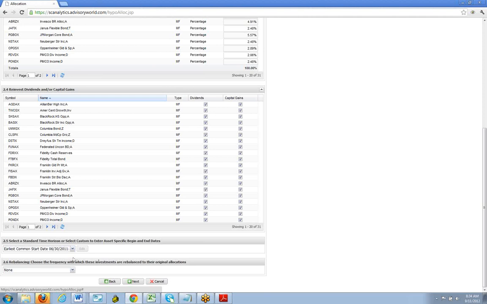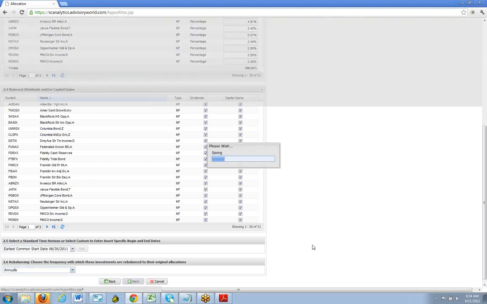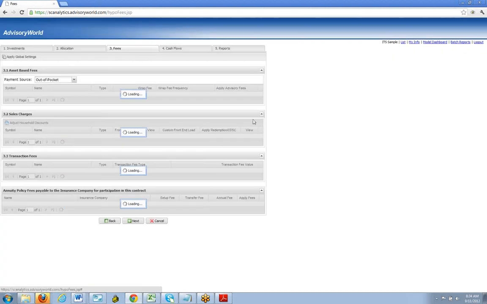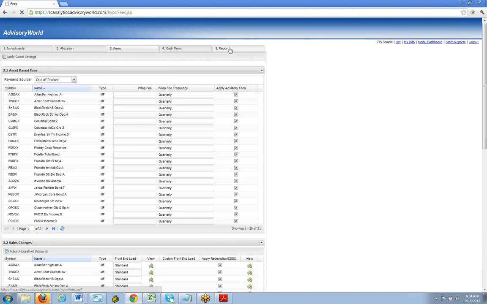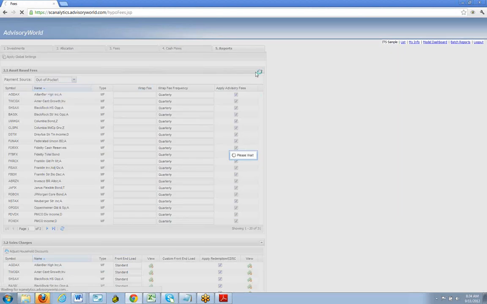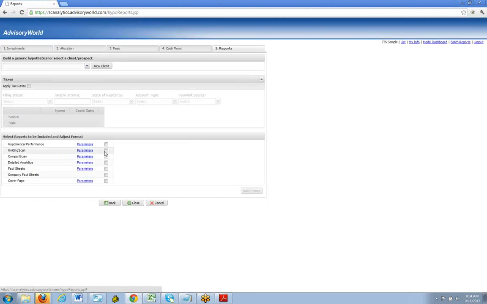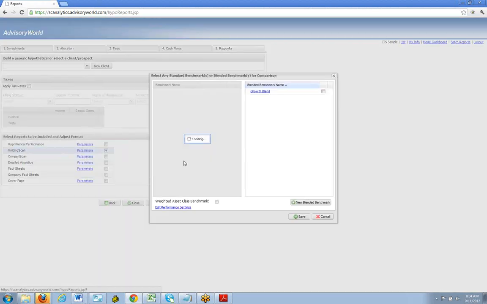And we can again look at these hypothetically with different rebalancing rates, but as mentioned now a few times, we do have the flexibility to use actual performance, even for these quote-unquote model of models. And that's where you can come in here and say, okay, maybe you want to build a holding scan report for this one,